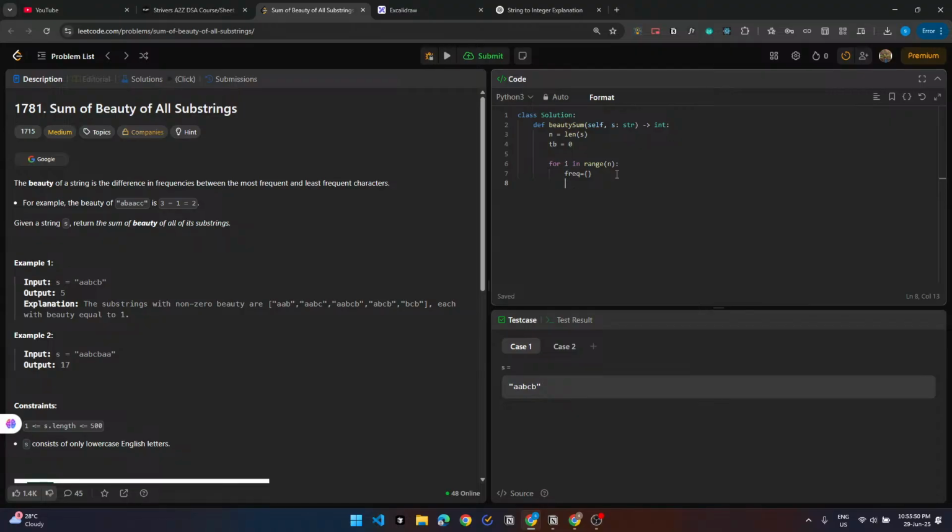So for a frequency, for j in range of n also,